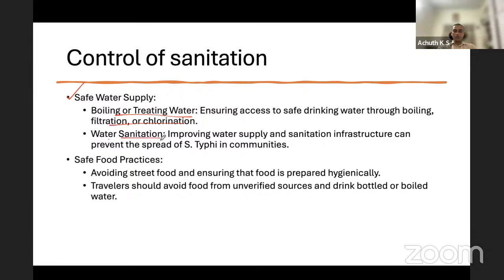Water sanitation not only ensures that typhoid does not spread, it also prevents the spread of typhi in communities. So hence, water and sanitation infrastructure is very important in the community. Safe food practices: avoiding street food and ensuring that food is prepared hygienically, and not eating on the roadside, is more important. Travelers should avoid food from unverified sources and drink bottled or boiled water all the time to avoid